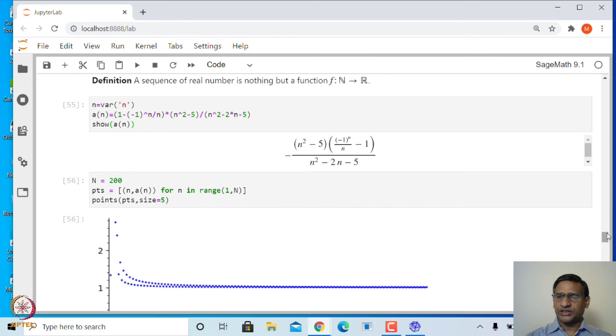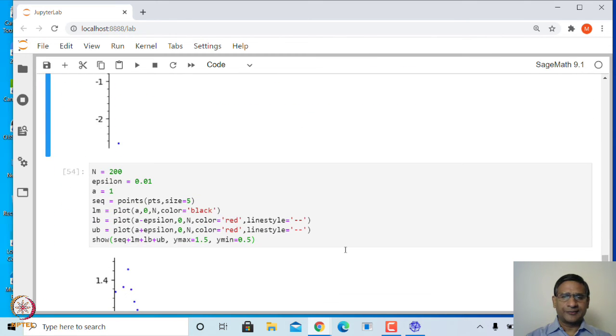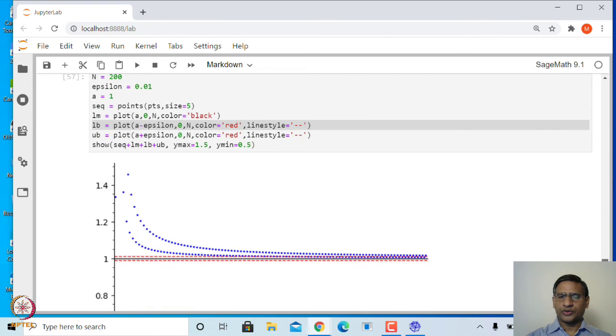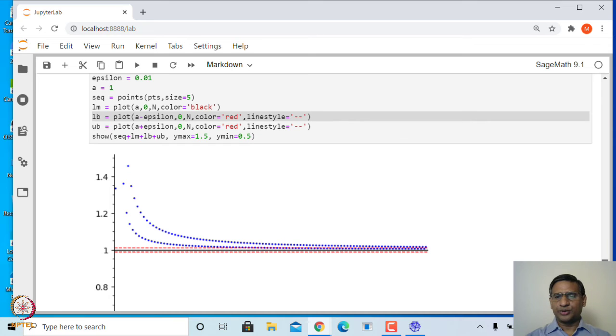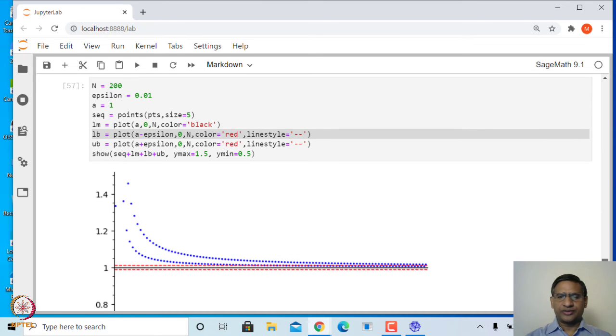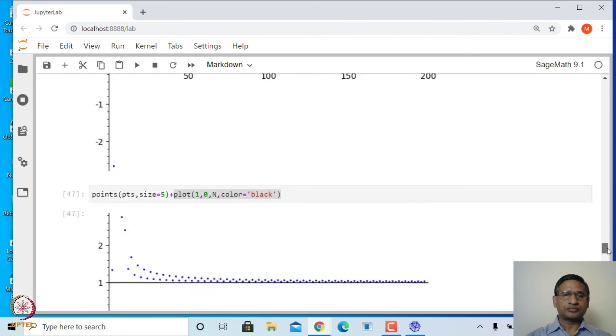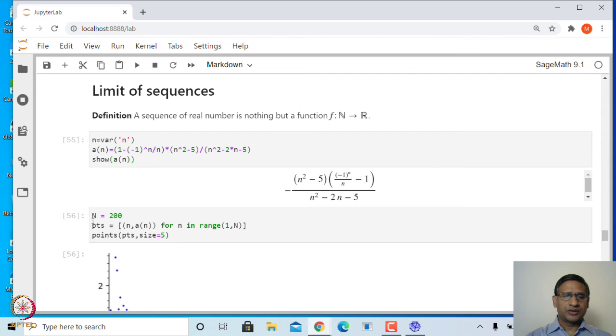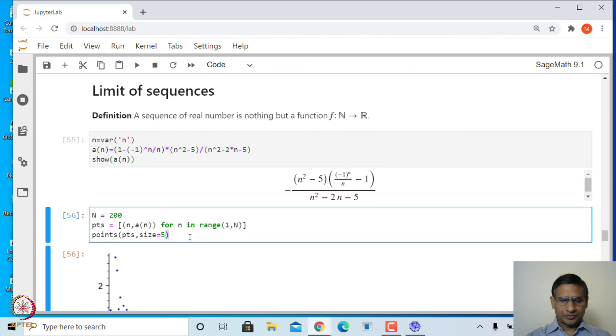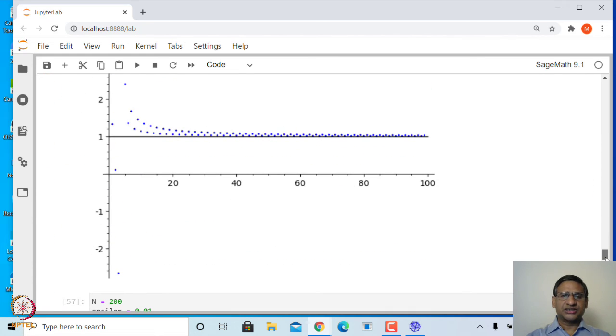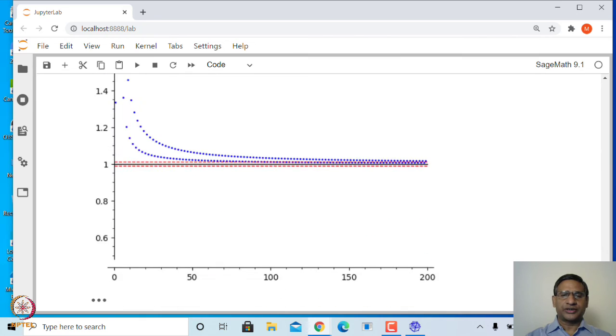So, 200 points, and now let me go to this particular band and then try to plot. Okay. Even after this it is not going inside. So, it may even require more number of iterates. So you can play with this n, and in fact this leads to a definition of limit of a